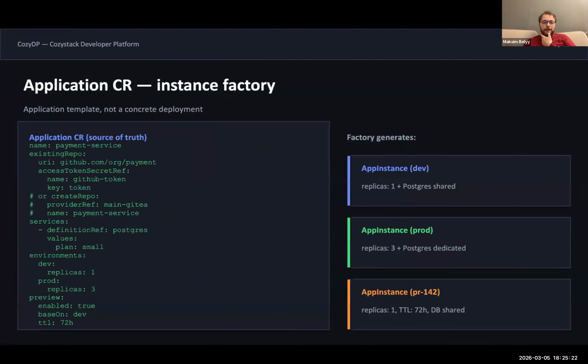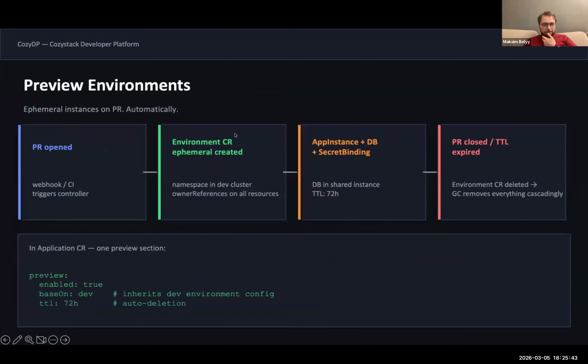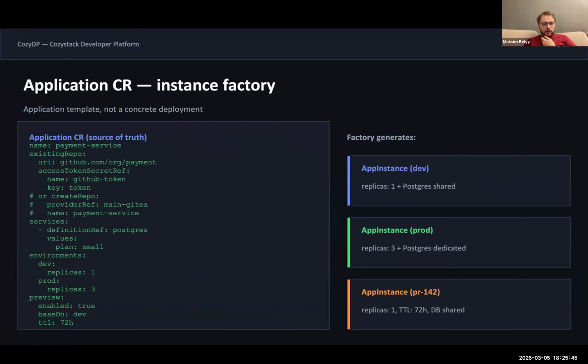So, next. This is an example of the application custom resource. This spec is not complete; it's just a draft. It has options to provide an existing repository and an access token. After that, the platform can handle this repository and provide some services.